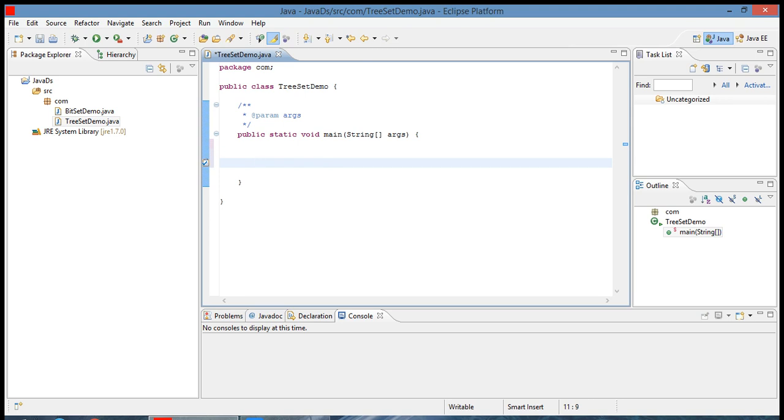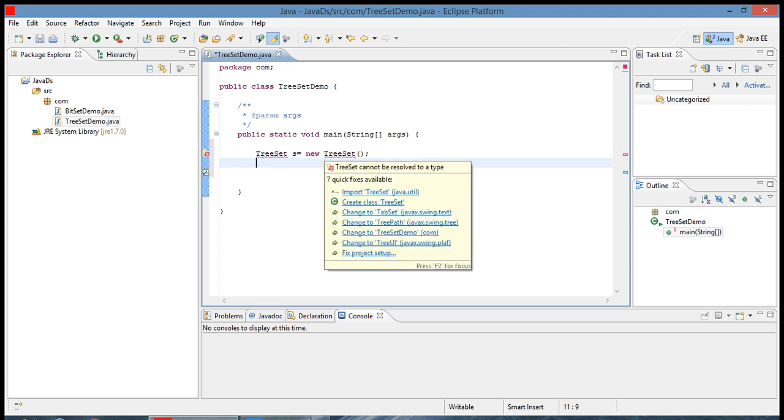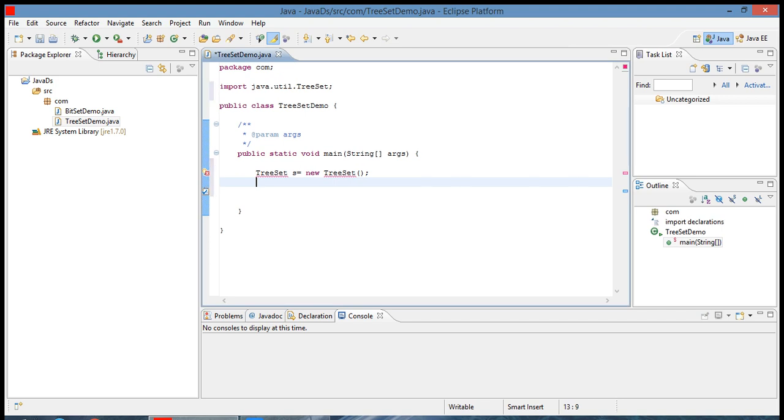Now we'll define one class called treeset. We'll create one object s equal to new treeset. For treeset we are having two constructors. Here we have to import the package. One is the default constructor.